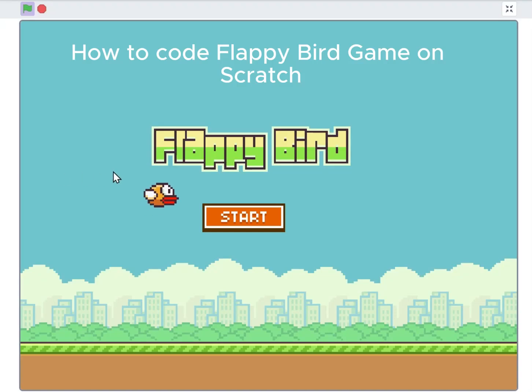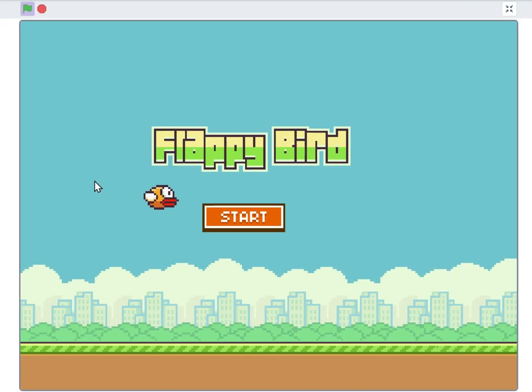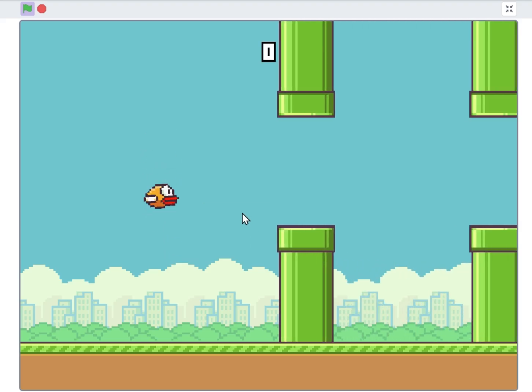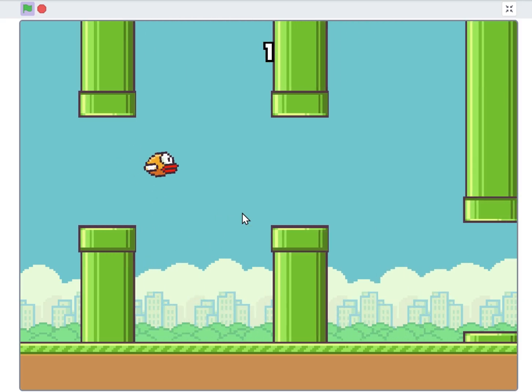In this video, I will be teaching you how to create your very own Flappy Bird game on Scratch. This game will have quite a number of programming tricks and it'll be a lot of fun. As you can see here, your character Flappy is loading gracefully. Once we hit the start button, the menu fades away and off he flies. If you press the mouse button or spacebar, you'll fly a little bit higher and you can see we have